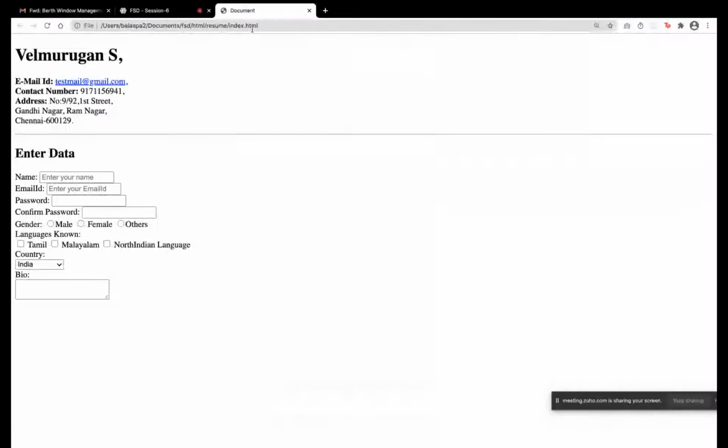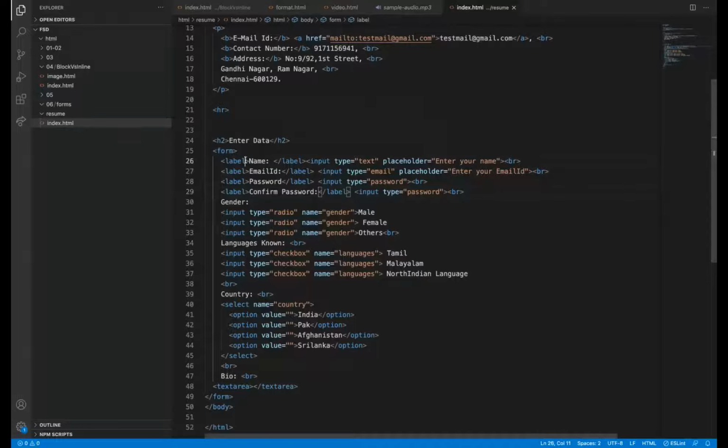Okay. This also, there is no change in the UI. There is a label, but till now we haven't given any connection between the name and this input text.